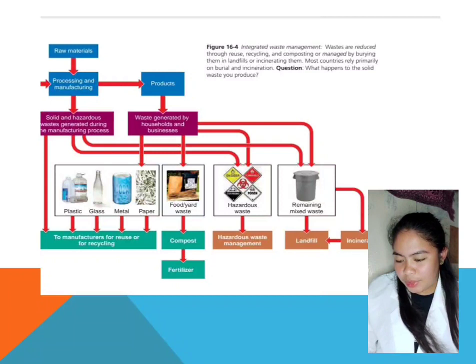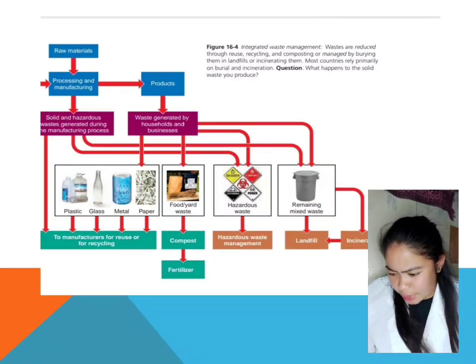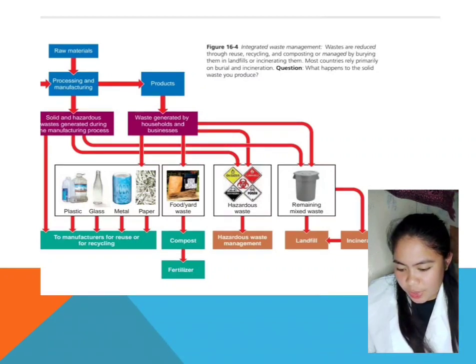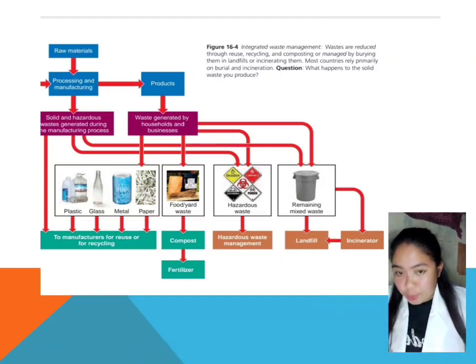So from raw materials, it goes through processing and manufacturing. It becomes products. And this processing and manufacturing generates solid and hazardous waste during the manufacturing processes. So it can become hazardous waste and remaining mixed waste. And next, the products